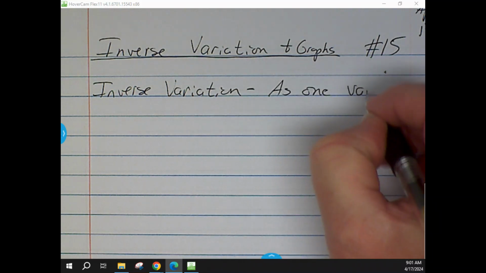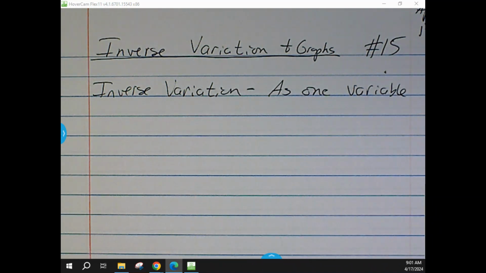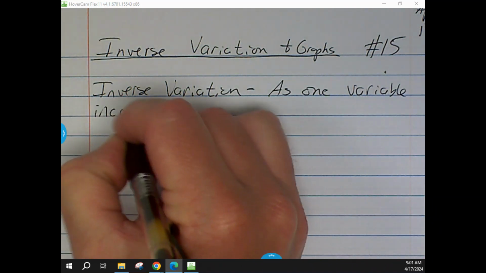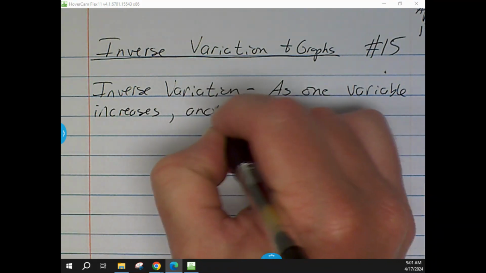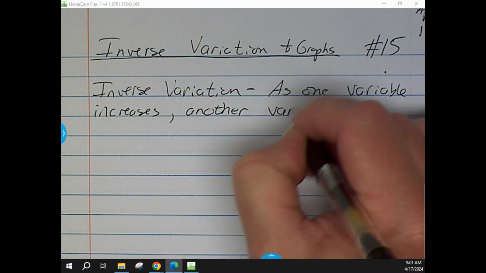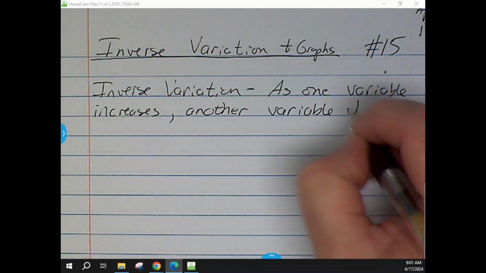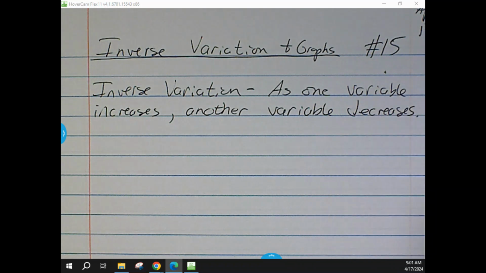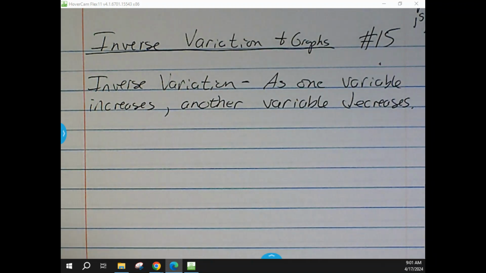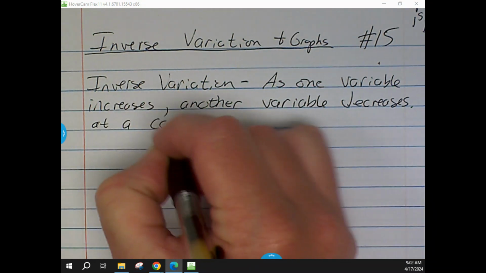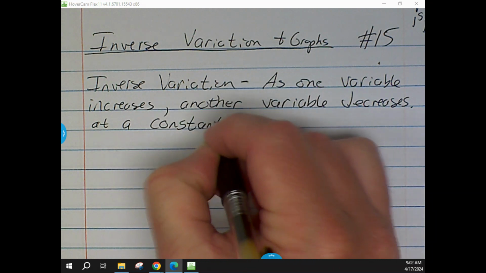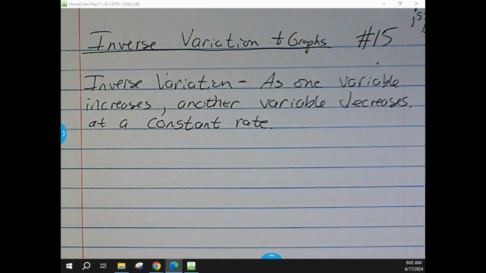As one variable increases, another variable decreases. And as they're doing this with variation, the key thing is that as they're increasing or decreasing, whichever way they go, it has to be at a constant rate. And with these two parts that we're looking at,